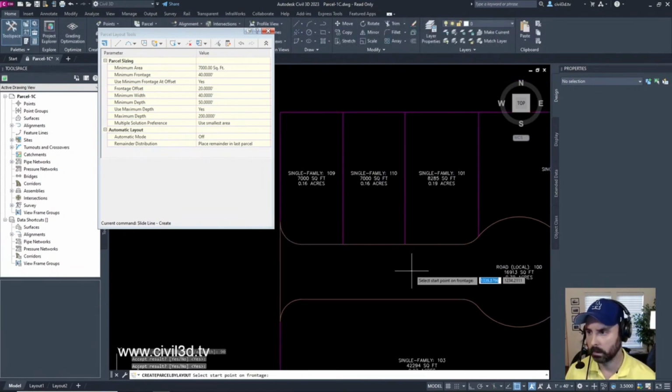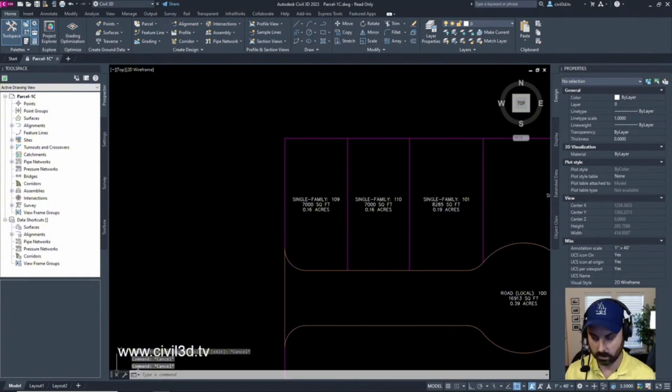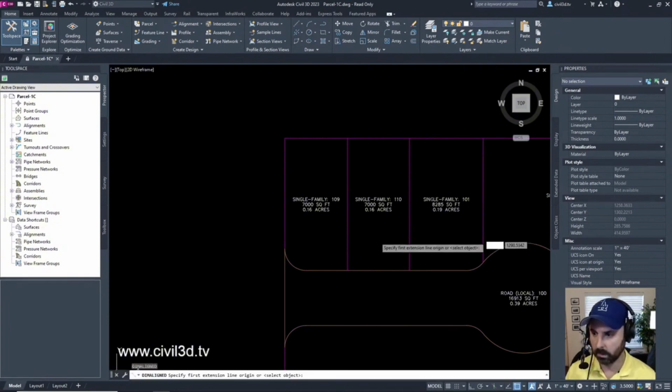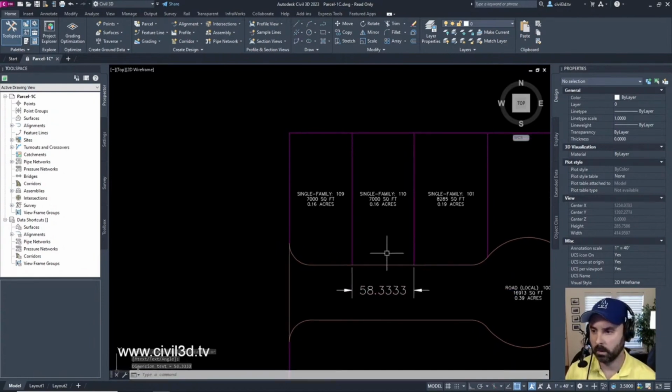Okay. So what is the frontage? I'll go from here. 40 feet. What is going on here?